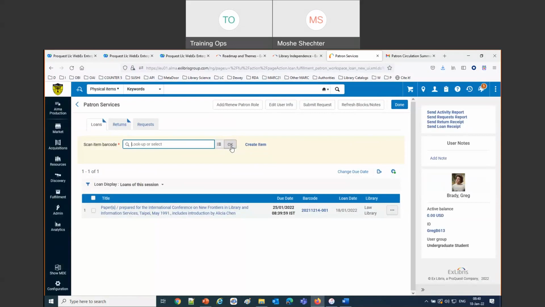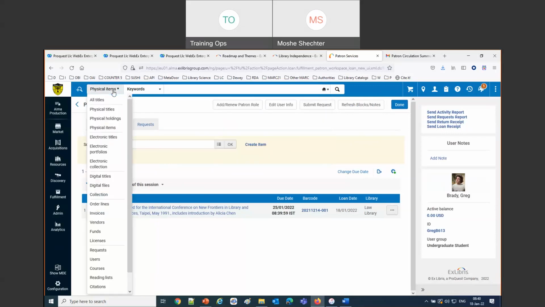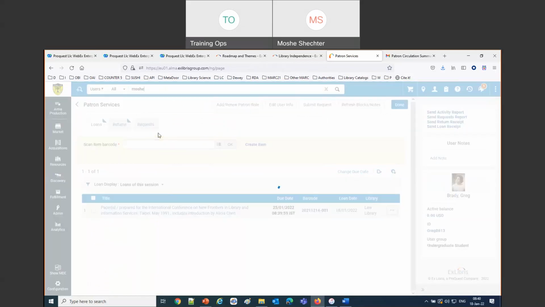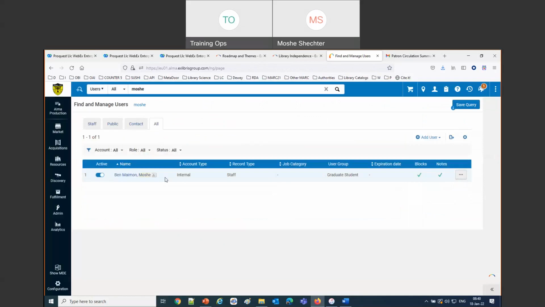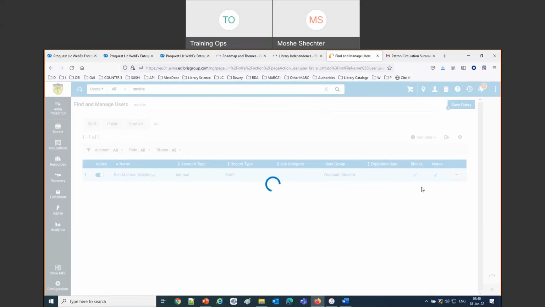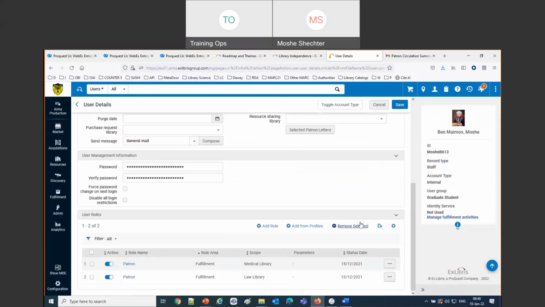Now, we have other patrons with several items on loan. Let's go take a look at, for example, this is not Moshe, our colleague Moshe Schechter. This is another Moshe, Moshe ben Maimon. So let's look at Moshe ben Maimon for a moment. And now we're getting to the new parts. Moshe ben Maimon has permission to loan items from both the medical library and the law library.